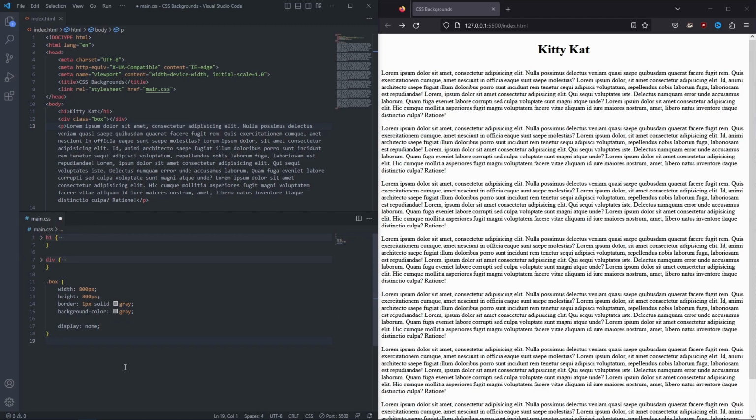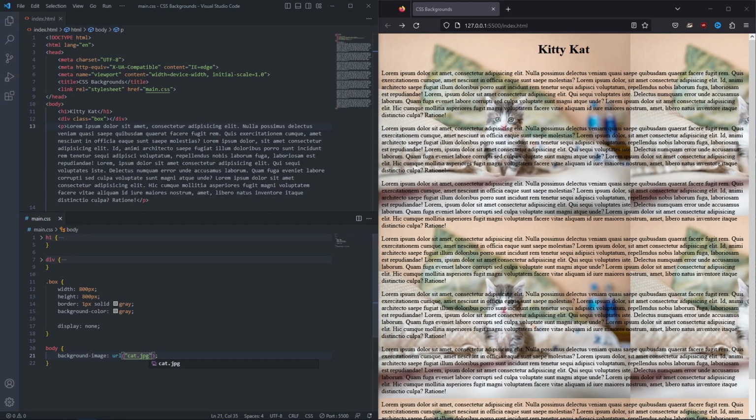Now we will target our body over here and give it a background-image property, and we follow that with a URL and then double quotes. It can be single or double, it doesn't matter. In here, this is where the path of your image is going to be. It can be an external link from another website or an image stored locally on your PC. I've already got an image over here, so it's cat.jpg,